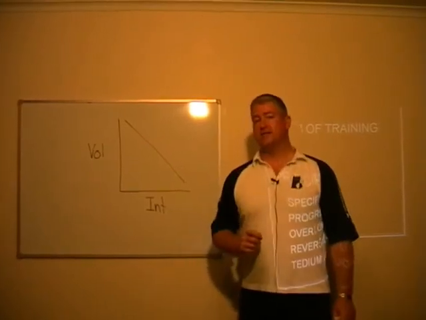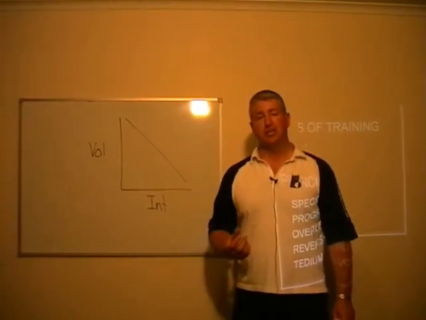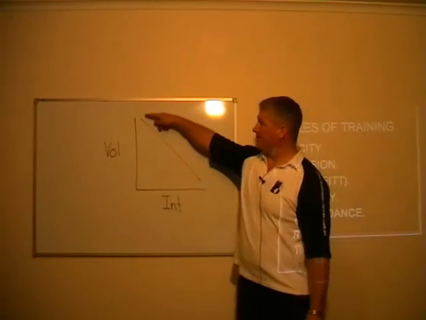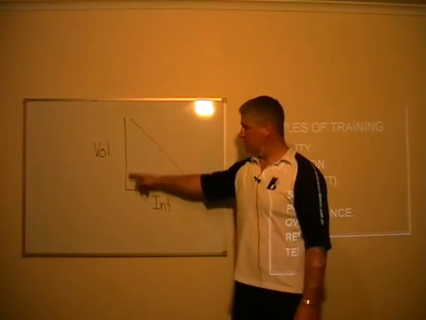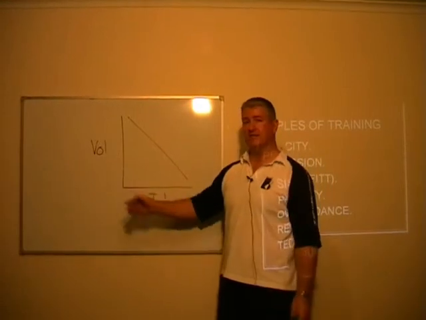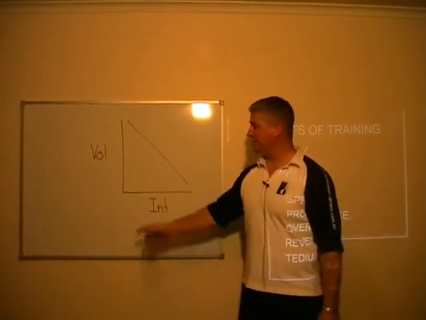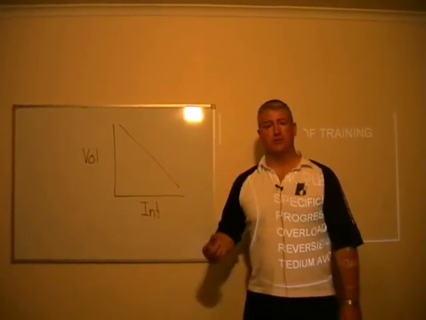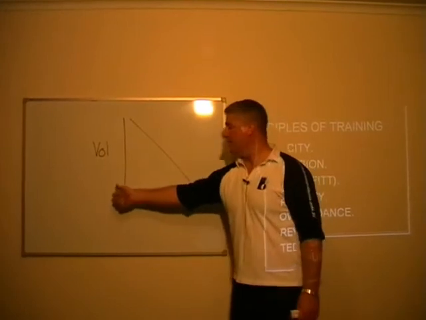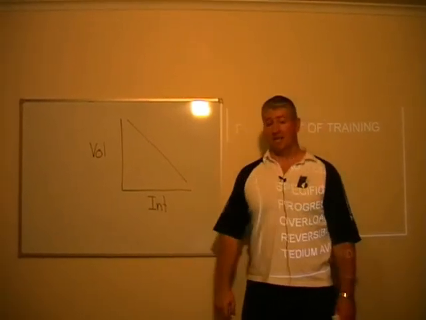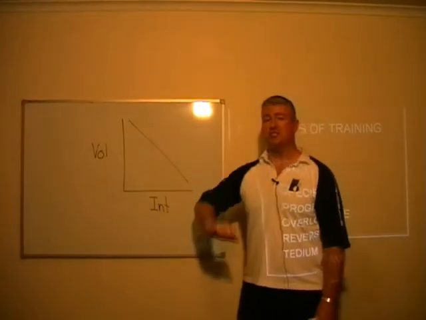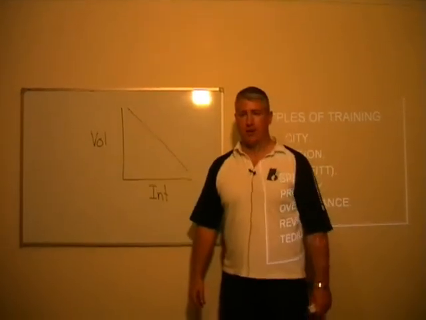You start that race at a running speed, or a running intensity, that you can maintain for 42 kilometres, which is a big volume. Volume has gone from 42 kilometres to 100 metres. Volume's been reduced significantly. So your running intensity has gone from a pace that you can maintain for such a long distance to an all-out sprint over 100 metres. Therefore, because volume has dropped quite significantly, your running intensity is going to increase quite significantly. And vice versa. It's an inverse relationship. If one's high, the other one's low.